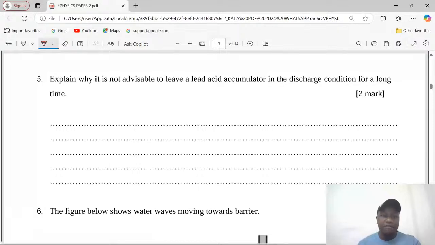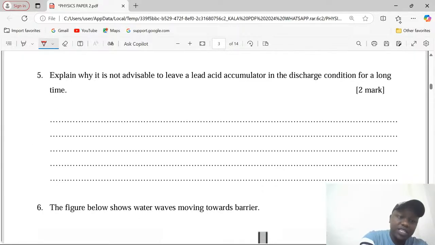Let's look at number 5 again from 1. Explain why it is not advisable to leave a lead acid accumulator in the discharged condition for long. One of the precautions that we're supposed to take for lead acid accumulators is to ensure that they are not kept in discharged conditions for a long time. This is because the cells making up this battery, the lead acid accumulator, can have their terminals misaligned, so the polarities of the cells